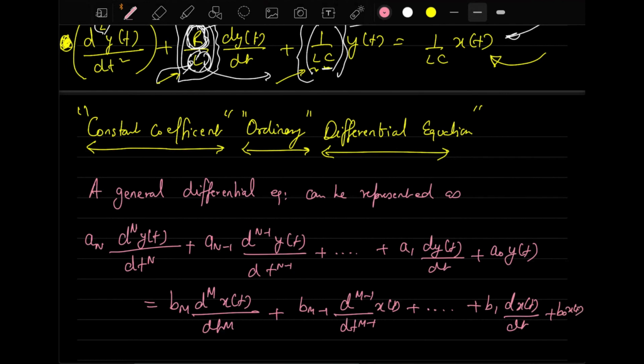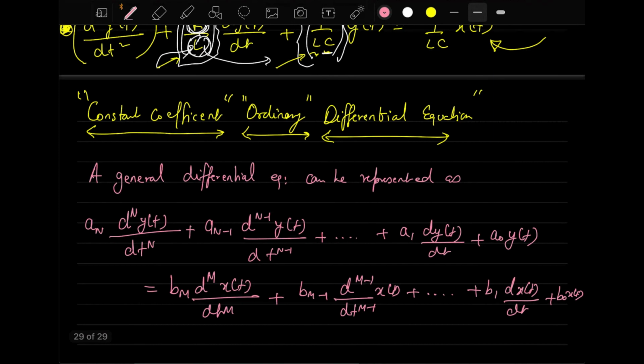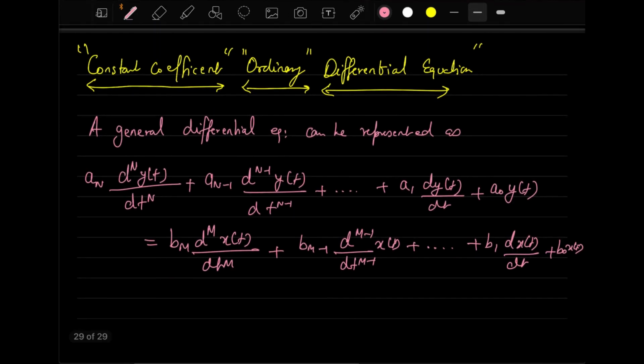So you can see the differential equations that we have studied are in some way a subset of this common differential equation which I have written here, with some of the coefficients a present over there and some of the coefficients b present over there, and some of the orders will be there. So in general you can write in this fashion, and in a compact way you can write it like this.